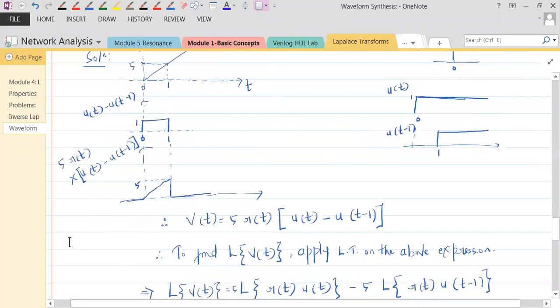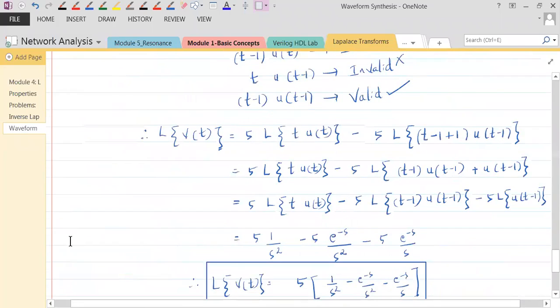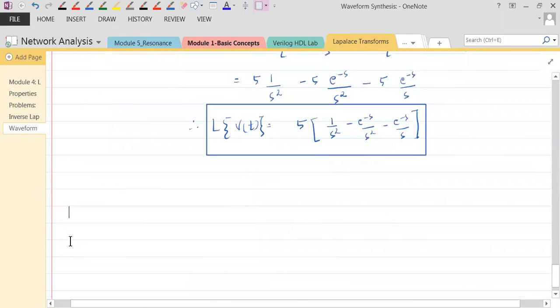Problem number 3, everybody. Okay, take down the statement, everybody. Express f of t in terms of